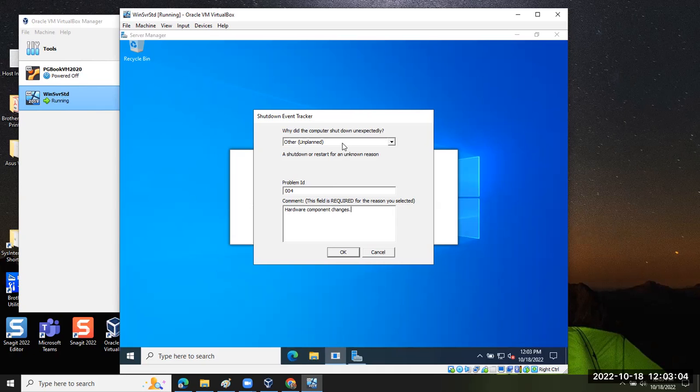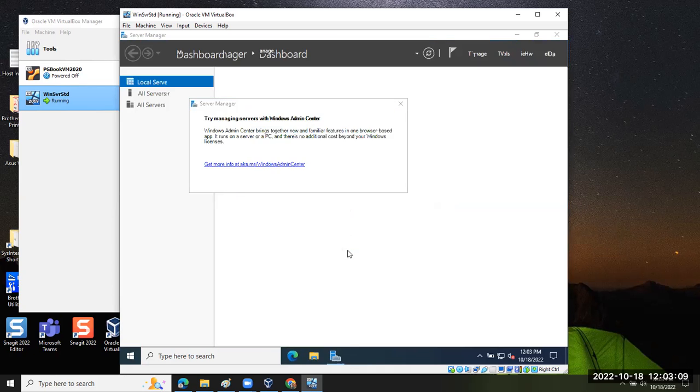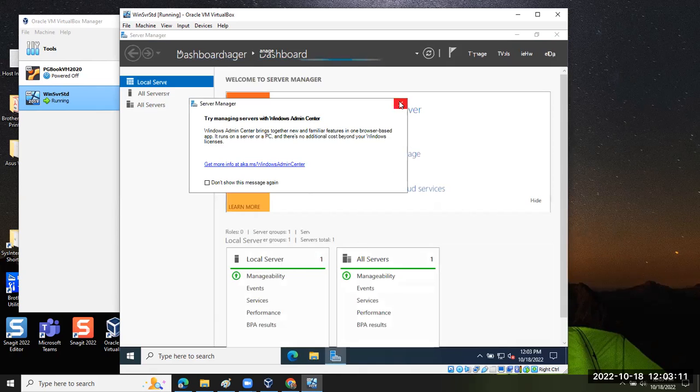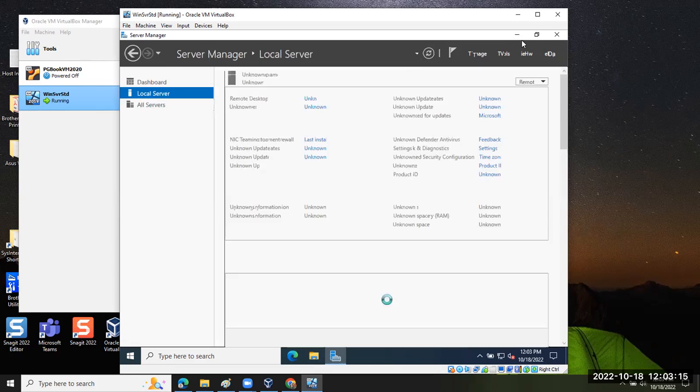So when it shuts down or crashes, I'm gonna put, okay, hardware component changes. I'm gonna put something about what I'm doing in that log, and that's just gonna help me in terms of my overall result. So I'm gonna go ahead and